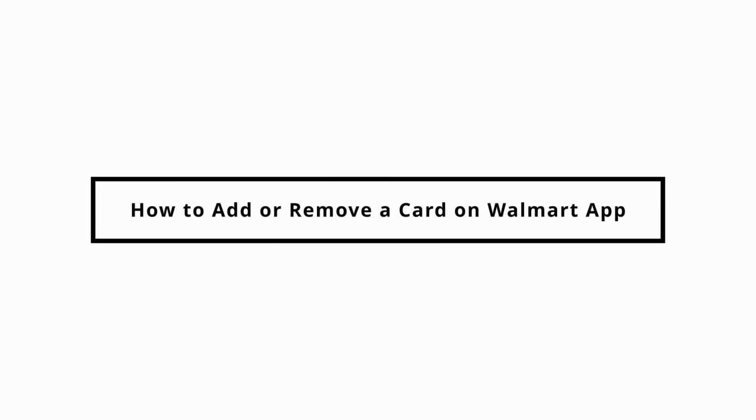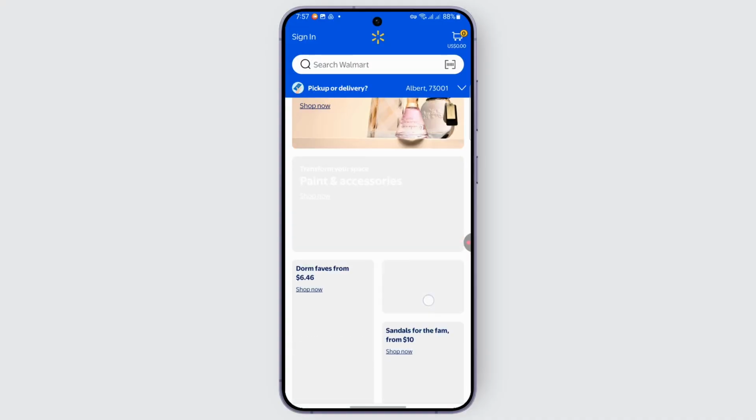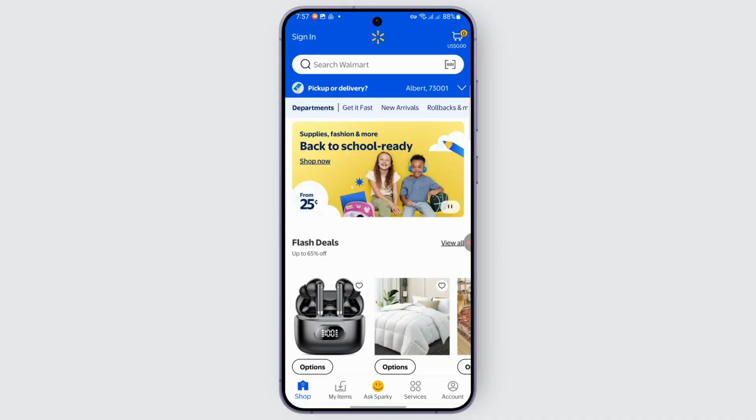How to add or remove a card from Walmart application. Hello everybody. If you guys are also wondering how to do so, in today's video we will be guiding you